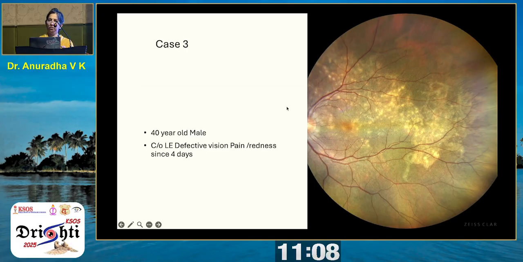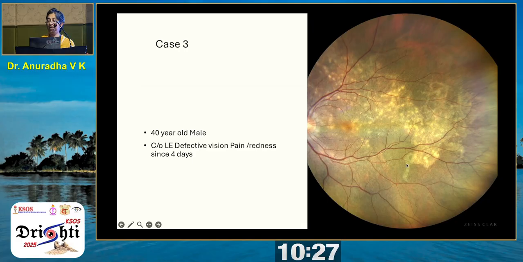This is another case, and this kind of picture might be more familiar to you, but it is still a relatively underdiagnosed condition. It is DUSN. A 40-year-old male presenting with decreased vision, pain, and redness in the left eye, referred as multifocal choroiditis. That's what usually happens with DUSN, it's referred as multifocal choroiditis. And you have multiple lesions, which are subretinal. What is characteristic about it is the clustering, and the lesions are in different stages of healing. The lesions here have healed, and these yellow lesions here are active.